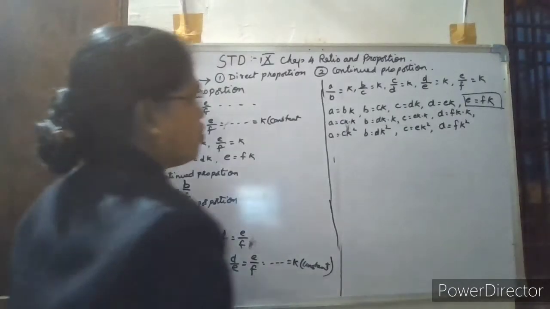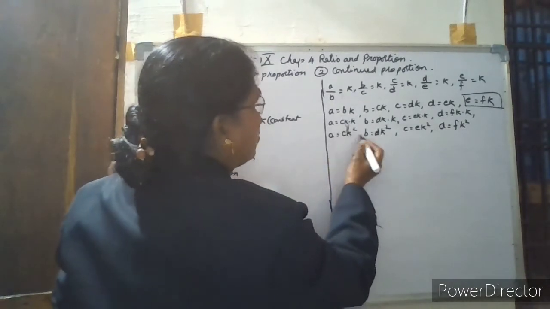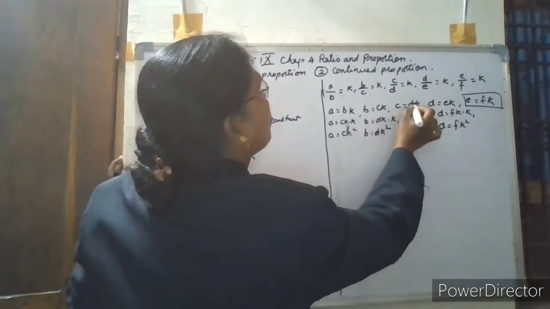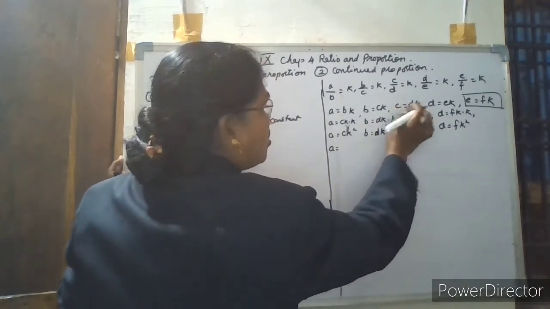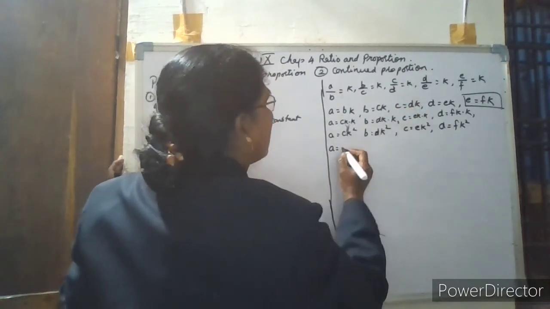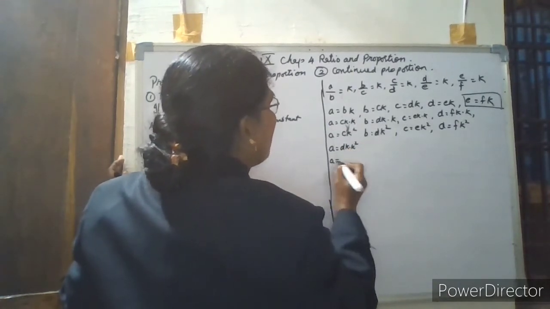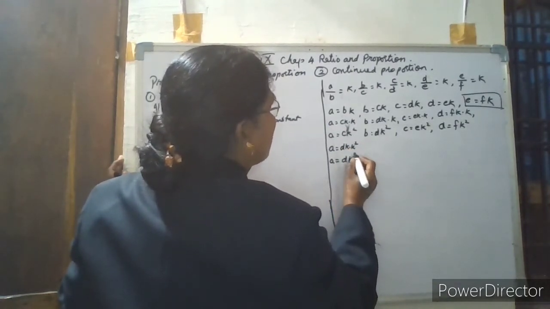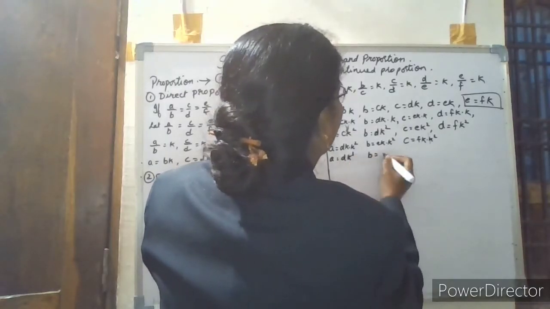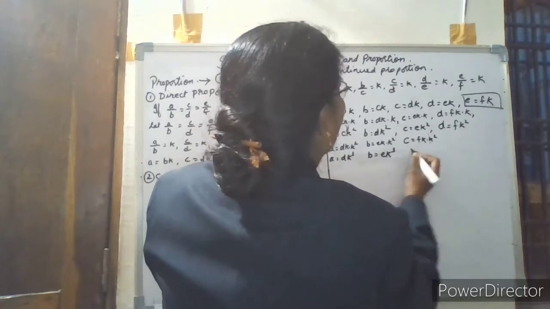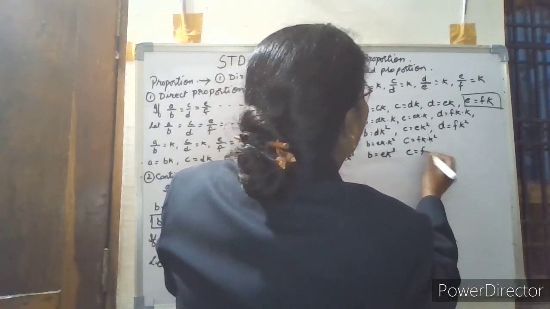Now we have got A value is equal to CK square. So the C value we have got is DK. So again the A value can be substituted, C as DK into K square. So A value we have is DK cube. Now B is equal to EK cube and then C is equal to FK cube.